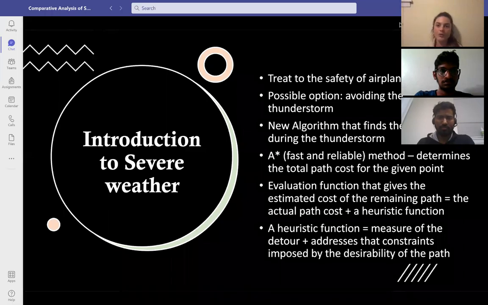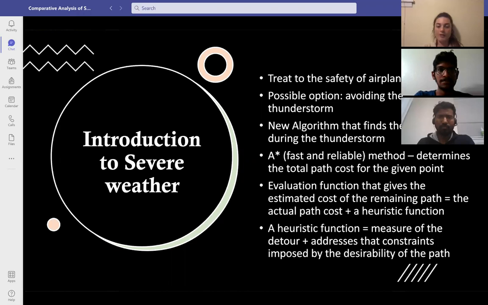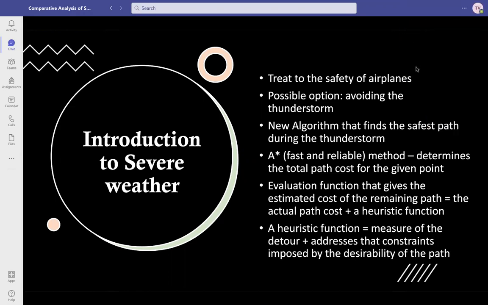Let's start with the introduction to severe weather. Severe weather is a big threat to the safety of any airplane. The only possible option for severe weather is to avoid it, so we need to choose a route to avoid the thunderstorm. According to that, there is a new algorithm that finds the shortest path around a thunderstorm, which is the A-star